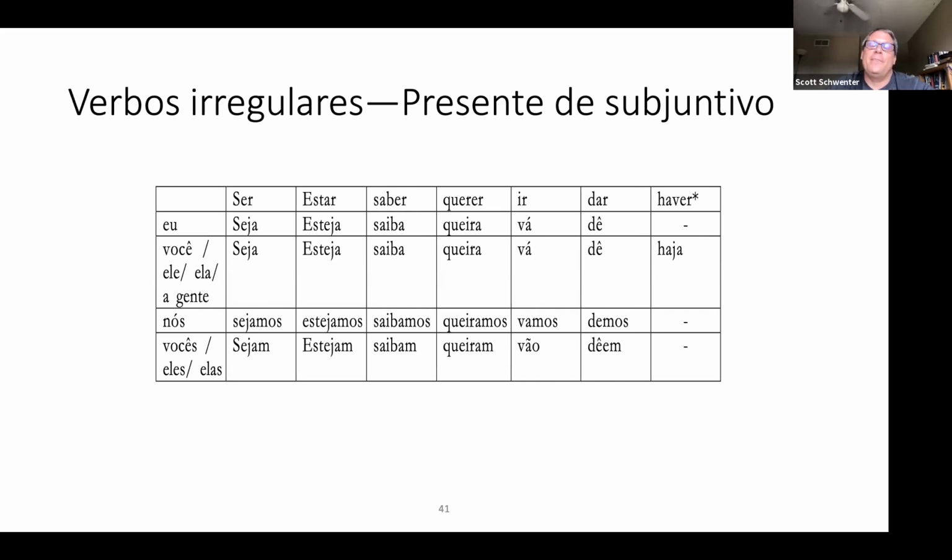But here are just, like in Spanish, right? The most common verbs are the ones that tend to be the most irregular. These are exactly the same ones, right? They're not irregular in the same way as in Spanish, but they're irregular just the same.